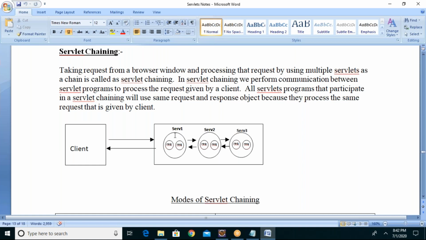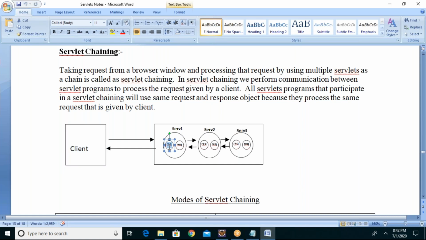At the same time, while calling from servlet 1 to servlet 2, there are two objects in each servlet, the request object and response object, right? These two objects you need to forward to the next servlet. Then from there, if you want, you call the third servlet and forward the same request and response, because the same client request has to be processed by many servlets.